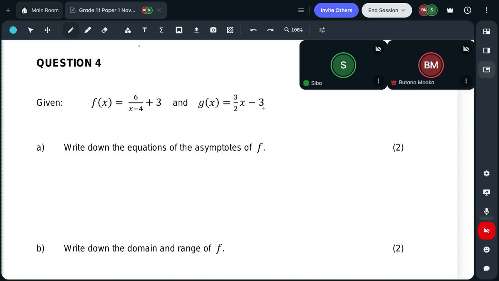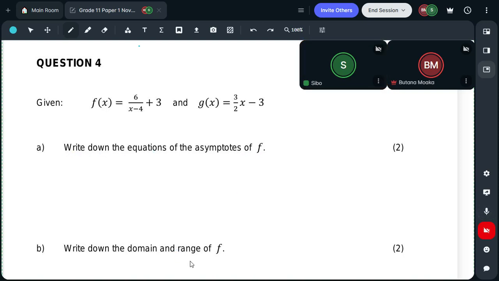Look at this, 3 over 2x minus 2. What type of equation is this? Is it a quadratic? Is it a linear function? What is this? Linear. Exactly. So this tells you that g at x is a straight line, right? So now, the first question, they just want you to write down the equation of the asymptote